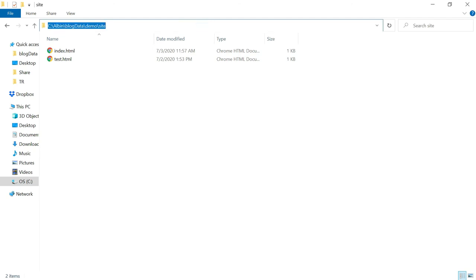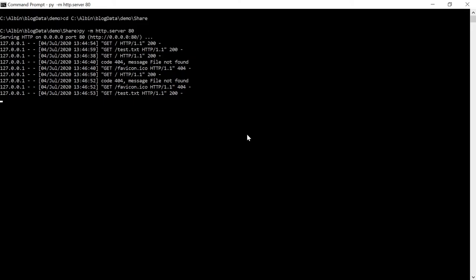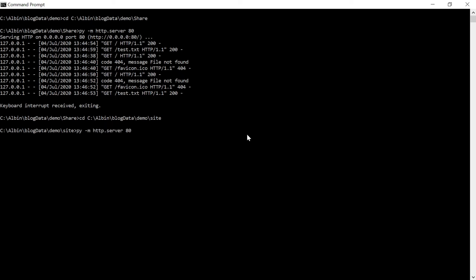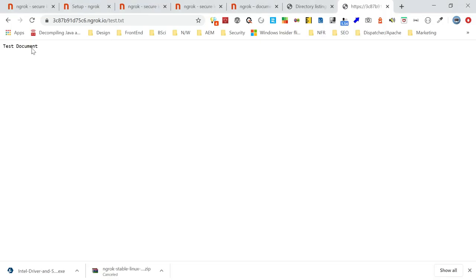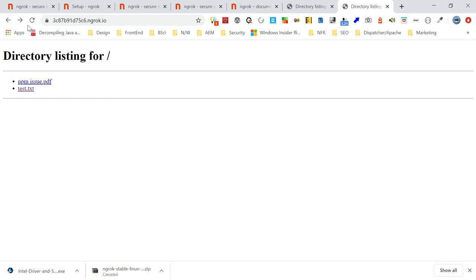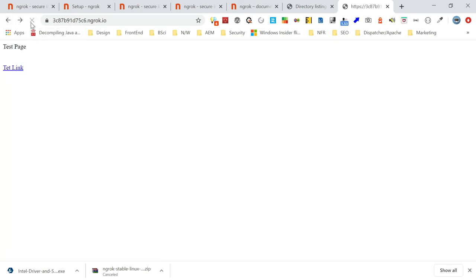So first, you cd to this. I'm going here and stopping the server first. cd site. Now just execute the same command again, because index.html is there, it will be considered as a website. So I will go and start that server again. Yeah, it started. Now if I go back and refresh this page, yeah, it's immediately reflected. You don't need to do any activity for ngrok. Now you are able to see the test page. This is a simple website, or simple HTML content.